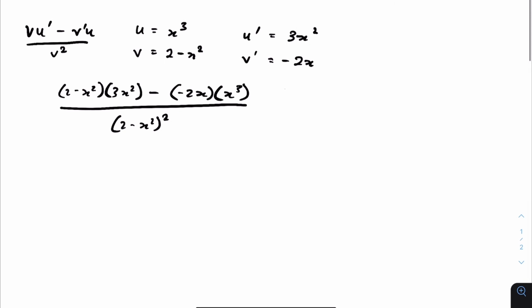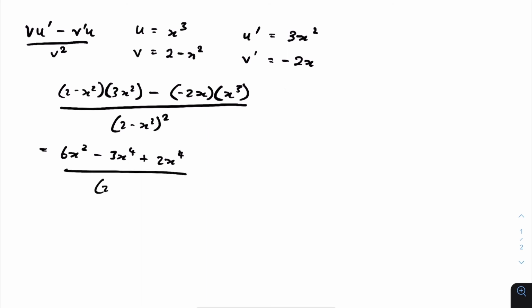And I would say just leave the 2 minus x squared alone, but the rest we can simplify out. So that gives 6x squared minus 3x to the power of 4 plus, because 2 minuses become a plus sign, 2x to the power of 4 over 2 minus x squared squared. That just gives us, so we collect like terms, gives us 6x squared minus x to the power of 4 over 2 minus